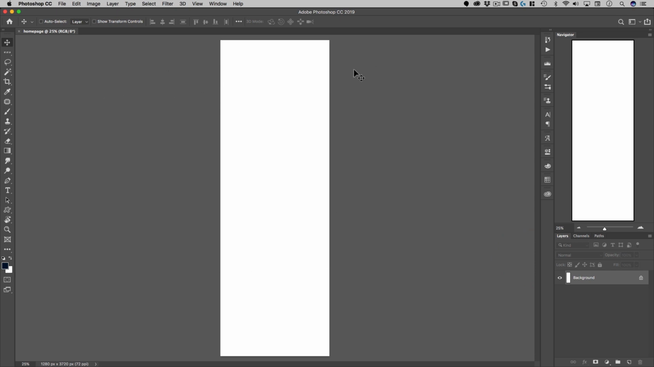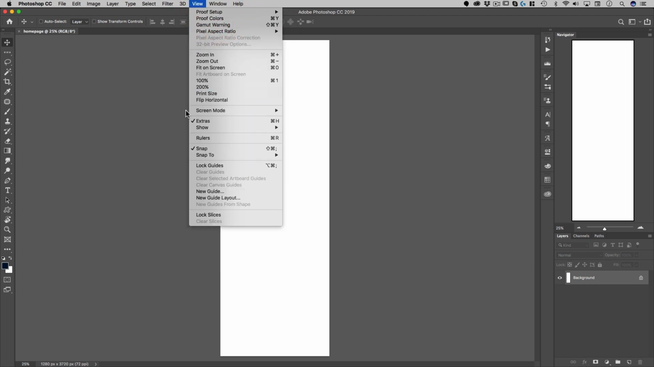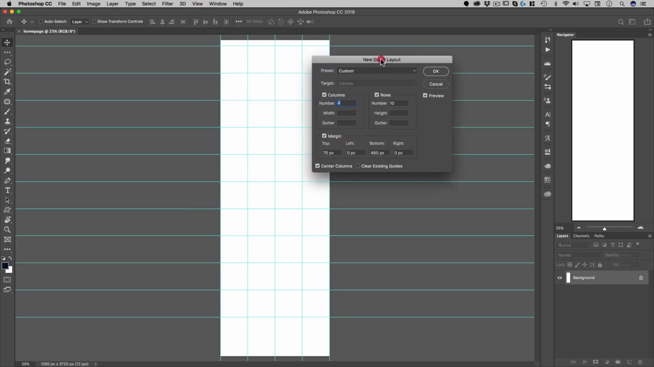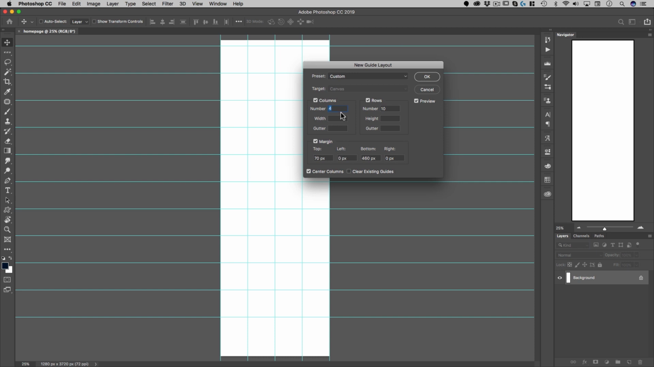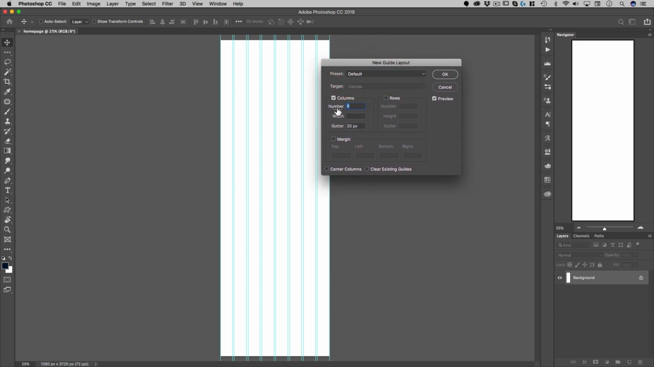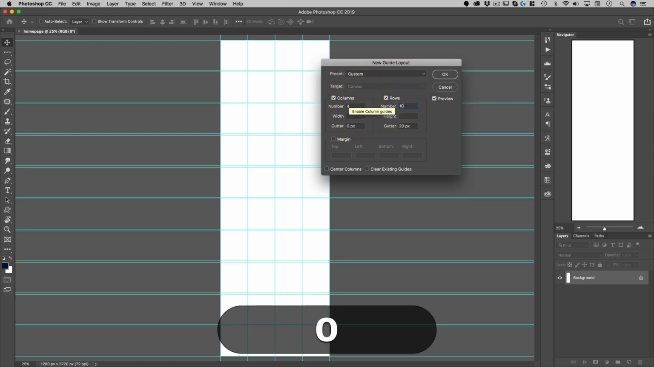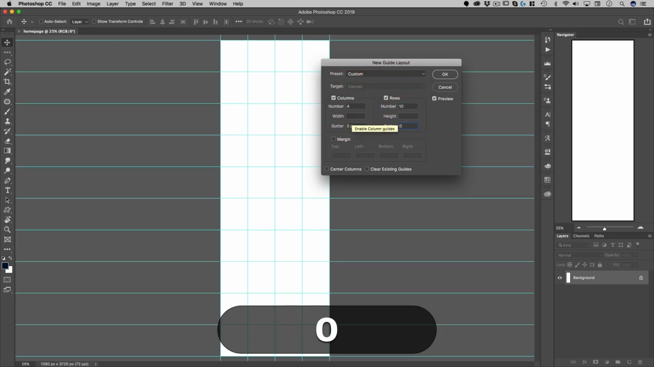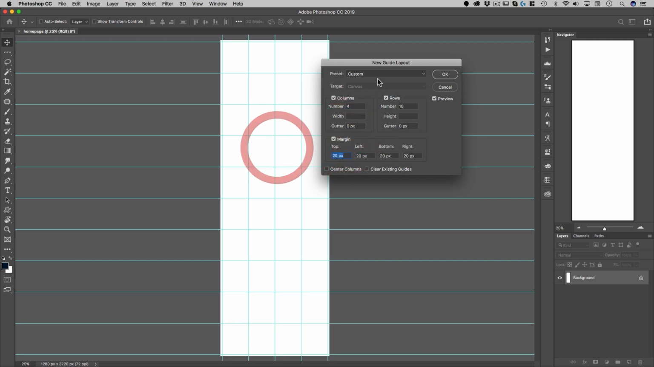And the next thing we want to do is set up some guides. So let's go ahead and go to New Guide Layout. This is already set how I want it, but let's go ahead and click on Default, and we're going to set it up how we want it now. So for columns, I want 4 columns, and I don't want any gutter. I want 10 rows, again with no gutter, and I want a top margin